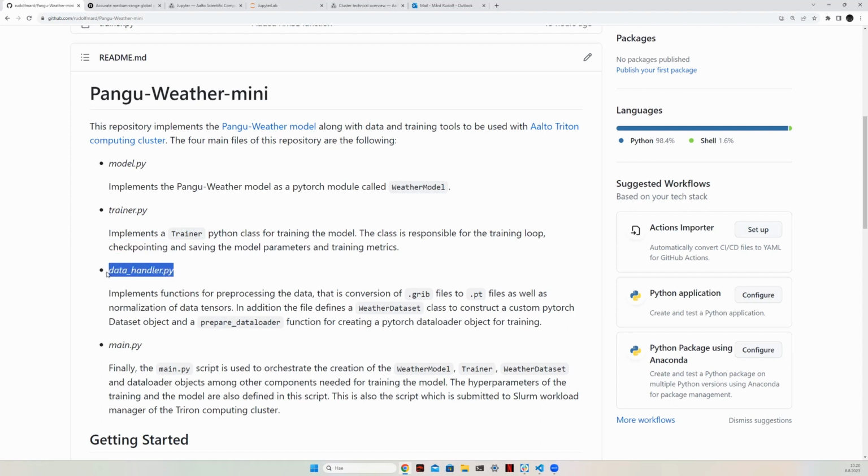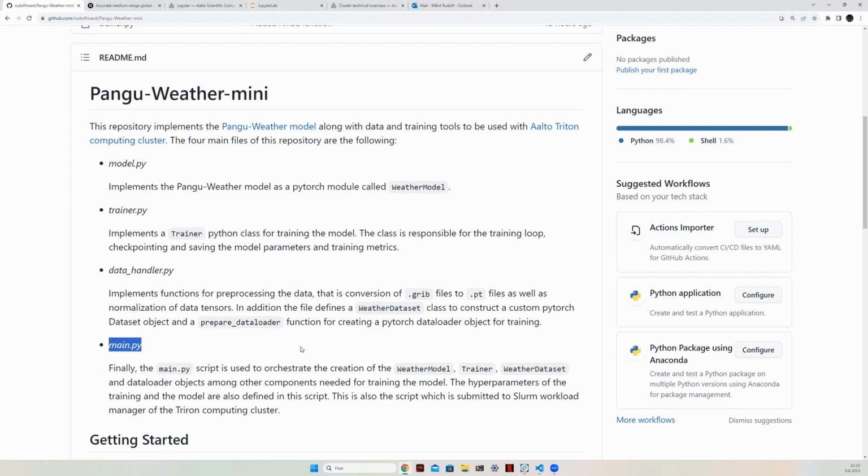Then we have a data handler file, which implements tools for creating the data set, pre-processing the data, and creating the data loaders to be used in the training. And finally, we have the main script, which orchestrates initializing the model, a trainer object and the data sets, and also defines the hyperparameters of the training and the model.